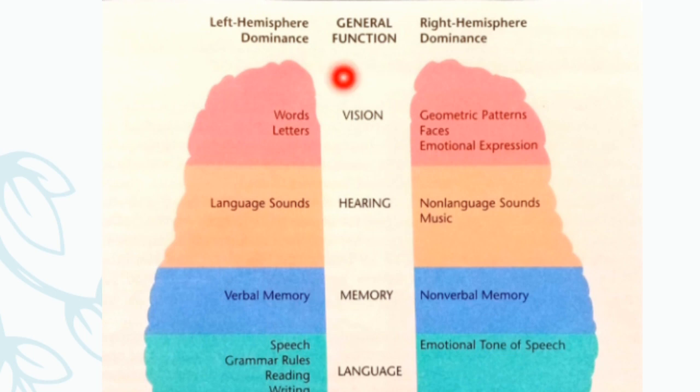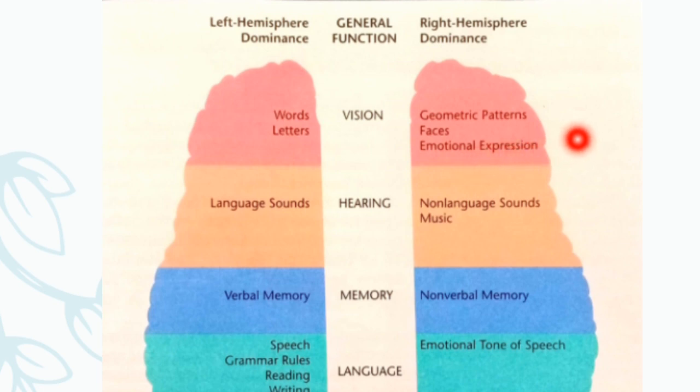Here you can see, if we talk about the vision, the left hemisphere can easily pick up the words or letters, but cannot pick up the geometrical patterns, faces, emotional expression, etc. Whereas through vision, the right hemisphere can pick up the geometrical patterns, faces,